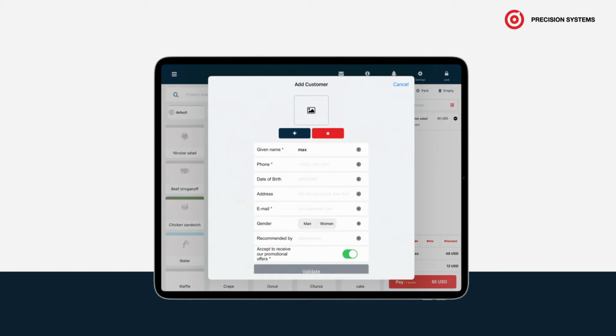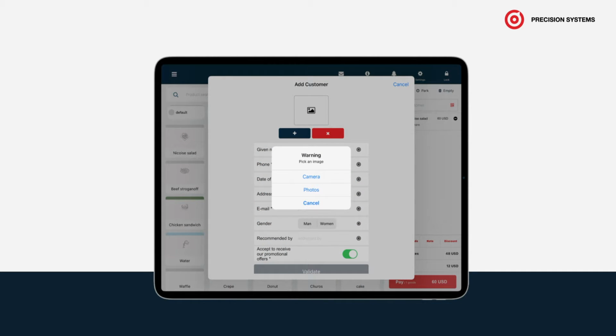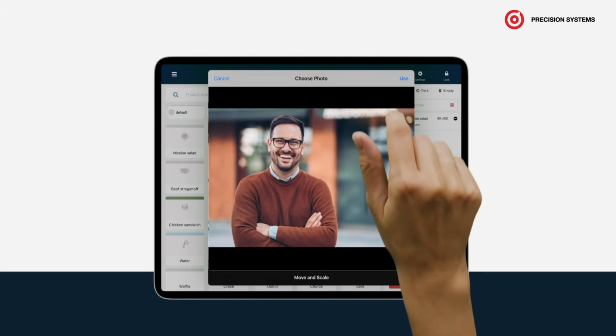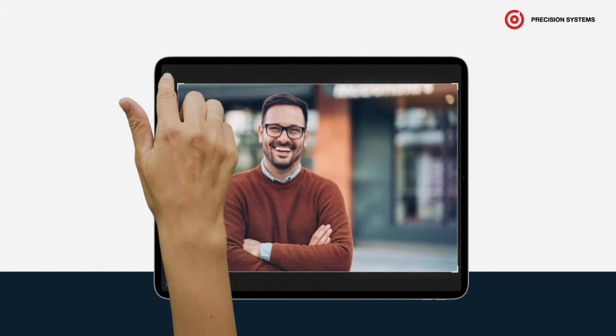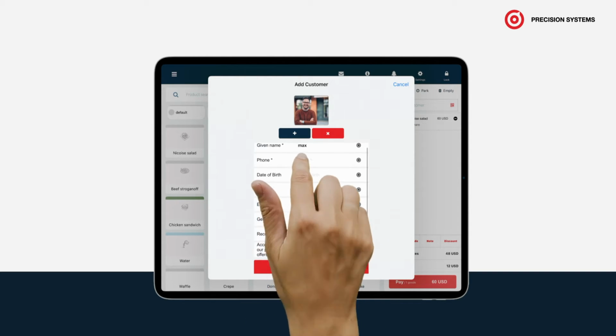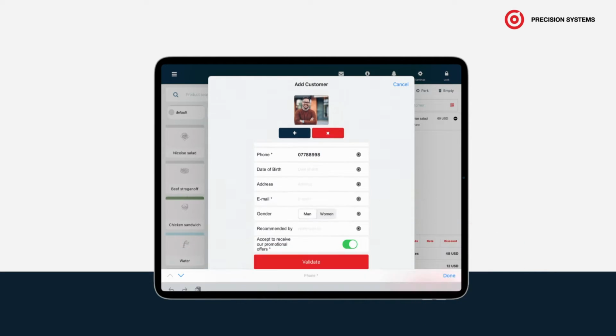The form allowing you to fill in your customer's data will appear. So fill in the required fields for the creation of the customer record. Note that you can add custom fields to your customer record creation form from your Precision Systems Web Administrator interface. Follow the guide from the article, How to Add Custom Fields to the Customer Record, if you want to customize